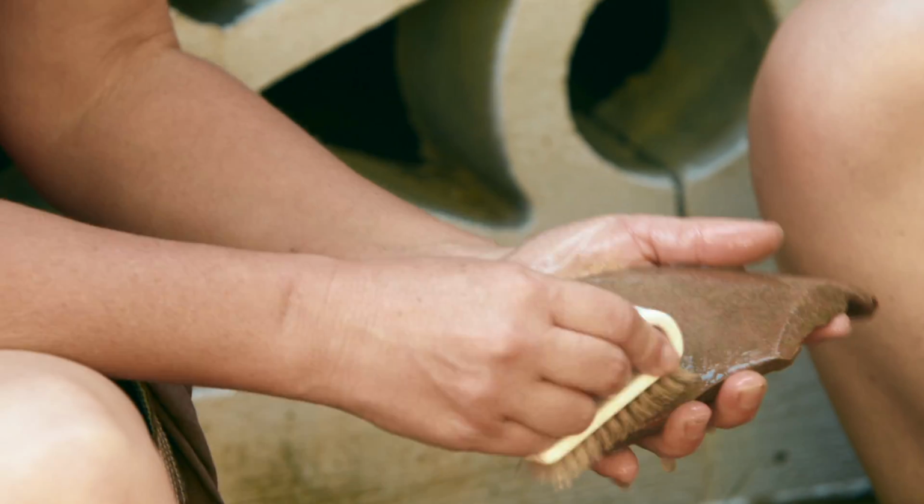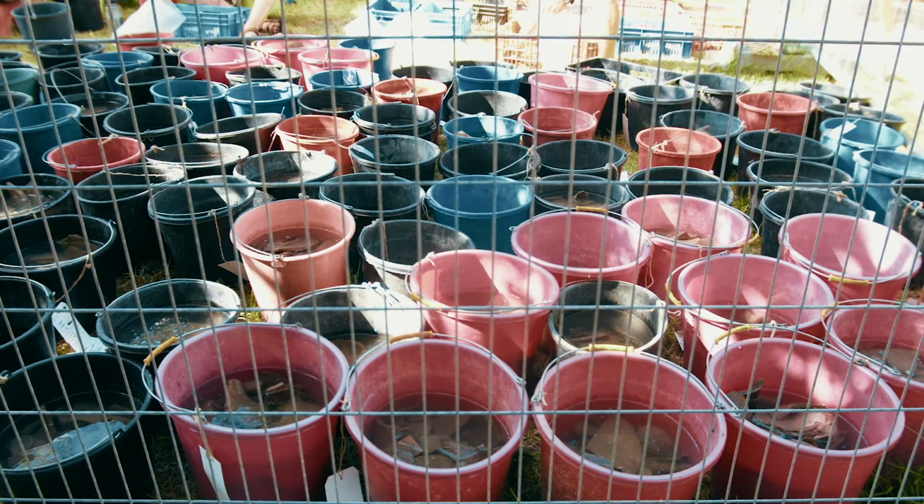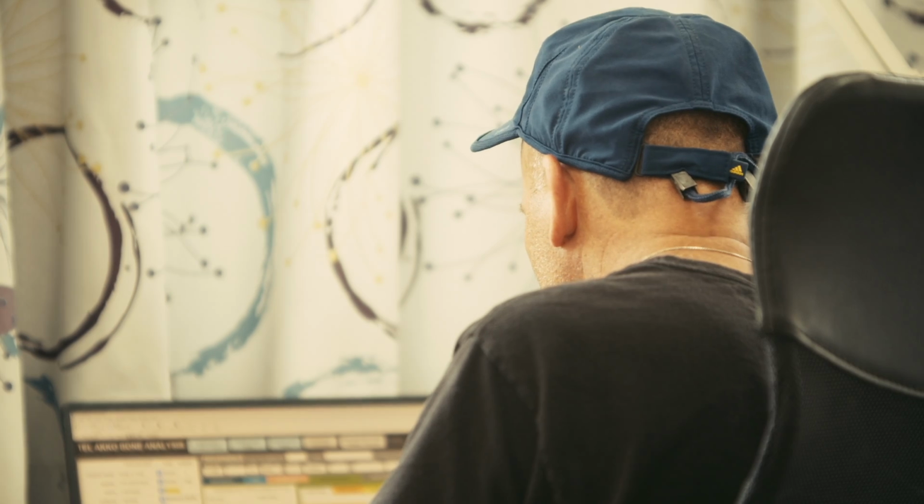amphora/storage jar shards. So we know, at the very least, in Akko, lots of things were stored in jars. That now becomes part of the story, but we couldn't know that part unless we did the science of counting and tabulating. With any archaeological endeavor, you need patience, and maybe particularly so when you're not out in the field